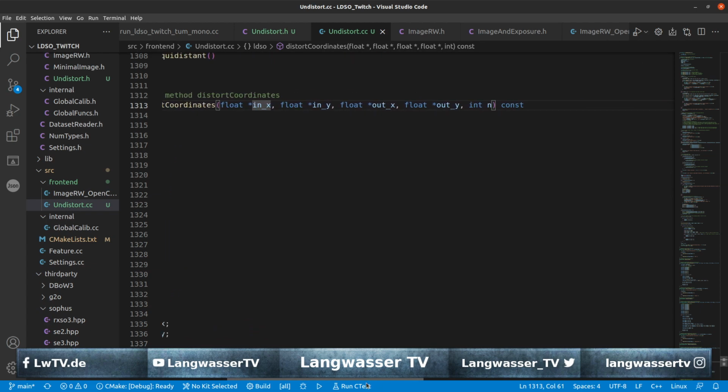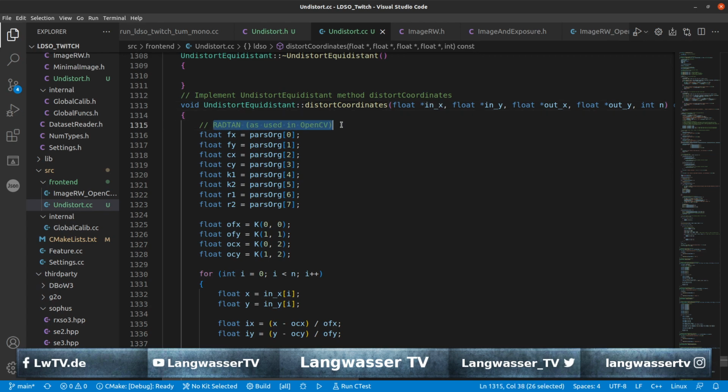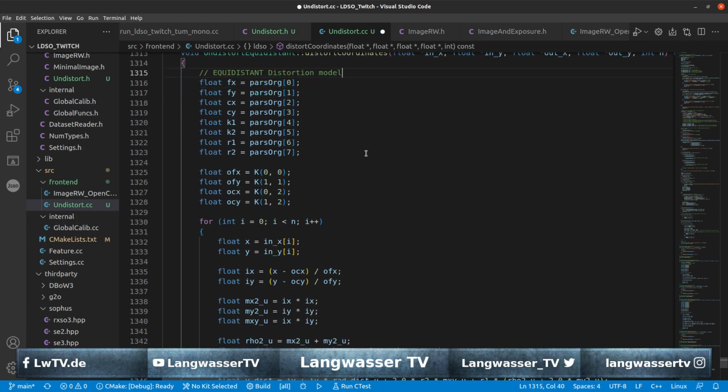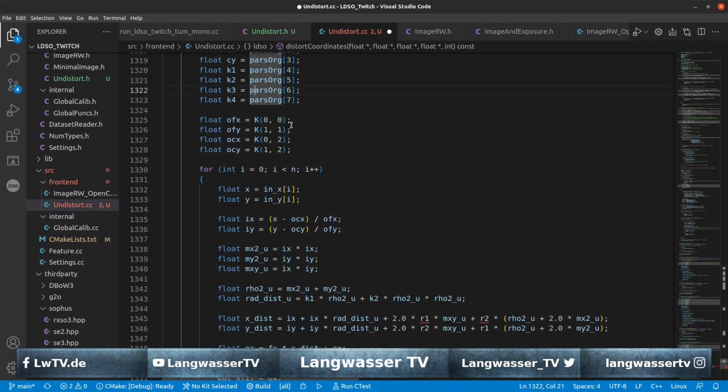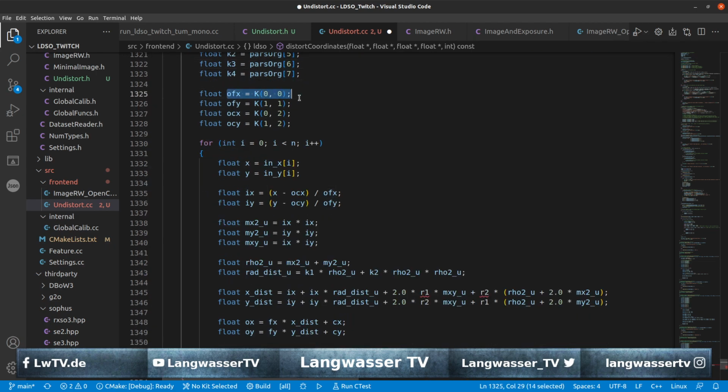It is also const. But here we are using the equidistant distortion model. It will have fx, fy, cx, cy, and then k1, k2, but also k3 and k4. Eight parameters as well, and we then store the camera calibration that we have in this OFX